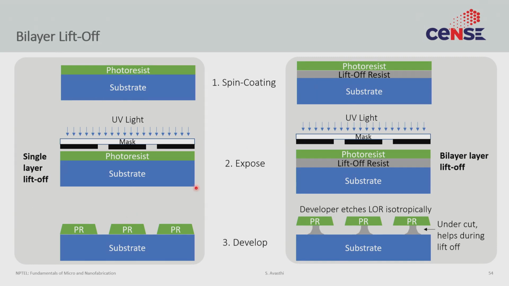What you do in a lift-off resist is, the lift-off resist is not a photoactive material. You deposit it between the photoresist and the substrate. You do the patterning, you do the development. During development, the photoresist develops normally, but the lift-off resist is designed to isotropically etch. So when it isotropically etches, it undercuts. So what you get is this undercut in the lift-off resist layer. So instead of getting a profile of photoresist that looks like this, you get a profile of photoresist that looks like a T, right? And you can imagine this T is much better for lift-off because there is no danger of sidewall deposition.